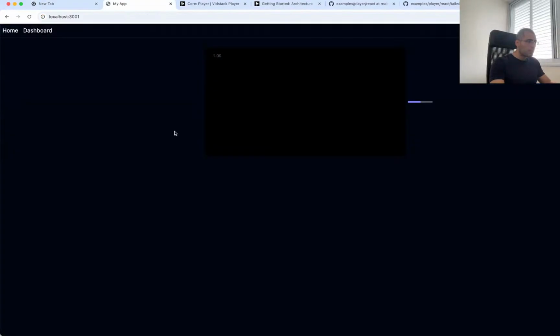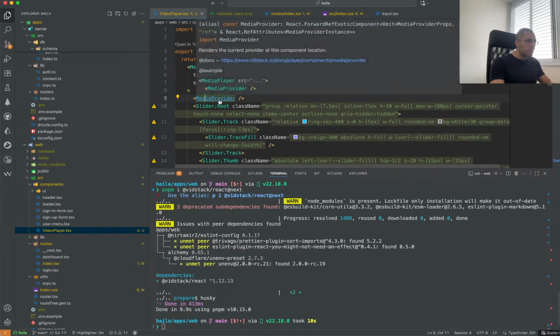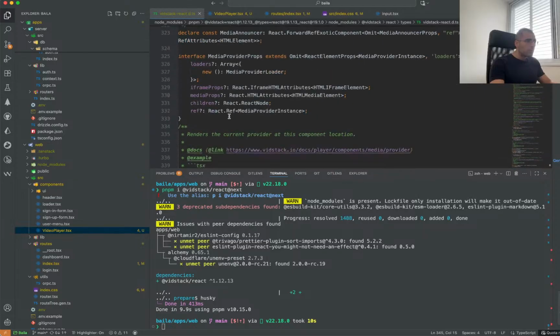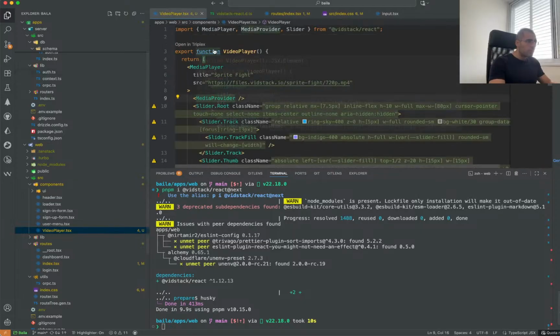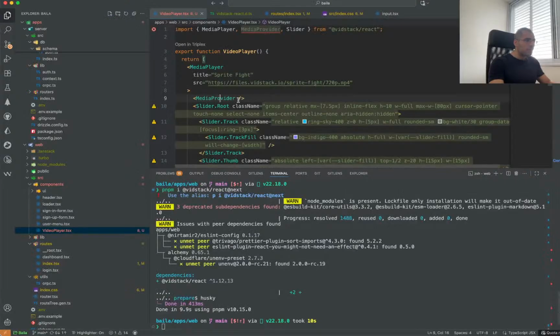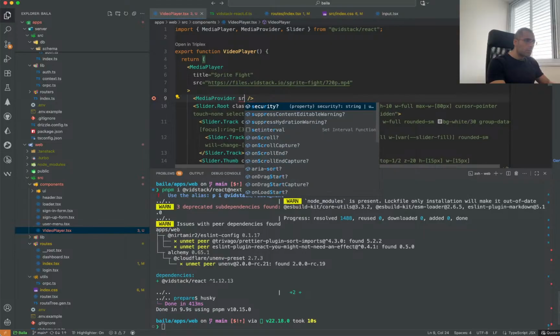And we also defined media provider. You know, if I remove the media provider, I expect not to see the video rendered. Yes, media provider is the place where we see the video rendered. Okay,